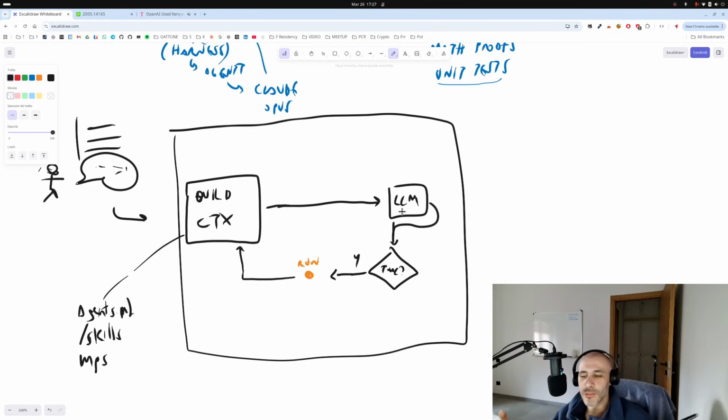I have written all my stuff in the coding files. I wrote the report. I called the web search. I made all I had to do. It will no more output a tool call, but maybe just text with a synthesis of what it has done. In that case, we are out of the loop and we can return to the user.